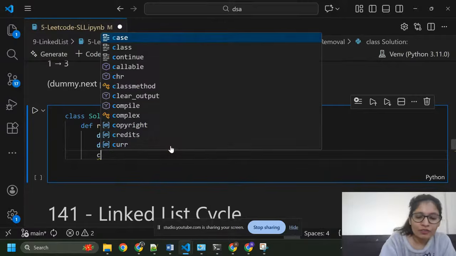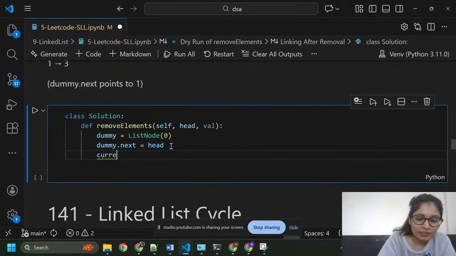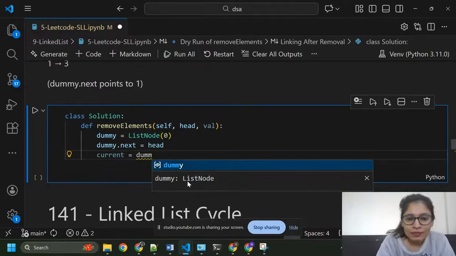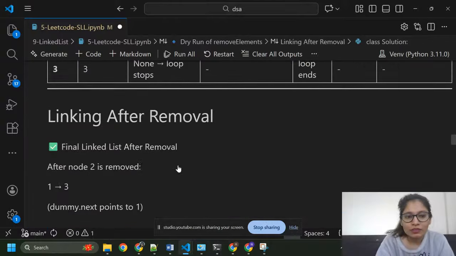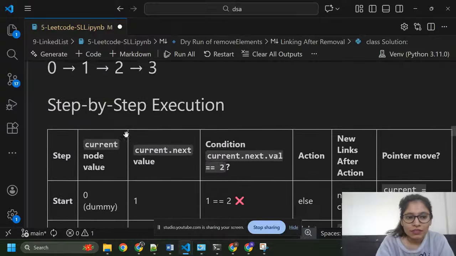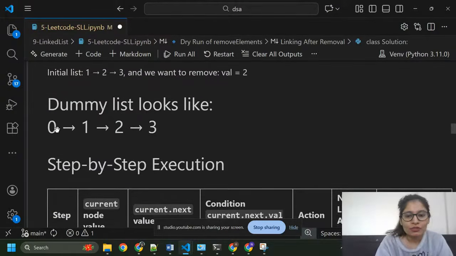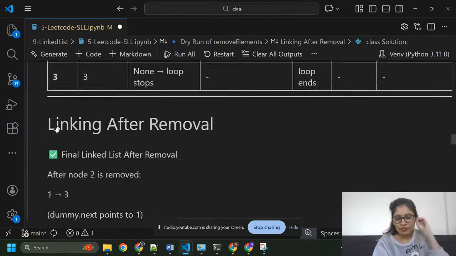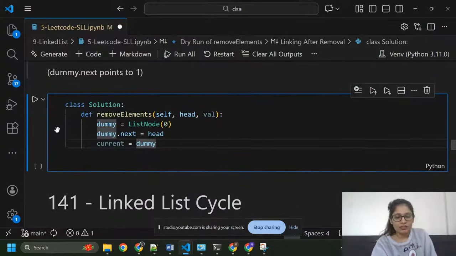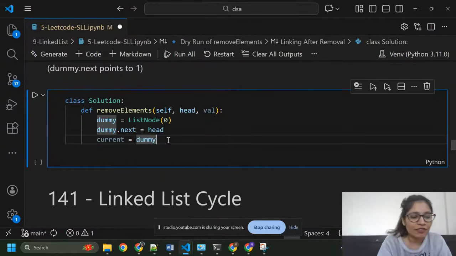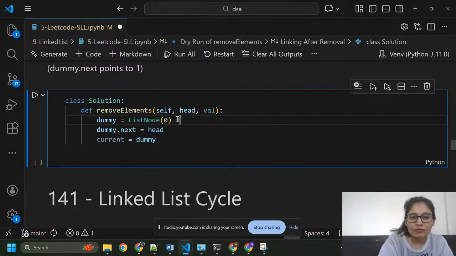Then I am going to create another variable, that is current. So current equals to dummy, that is 0. So here I have everything: dummy equals ListNode, that is 0, and inside this I have head, that is 1, and current equals to dummy, that is also 0.